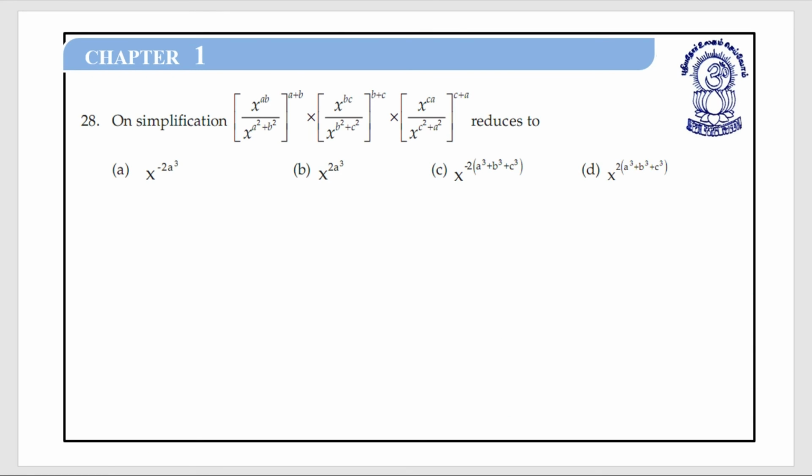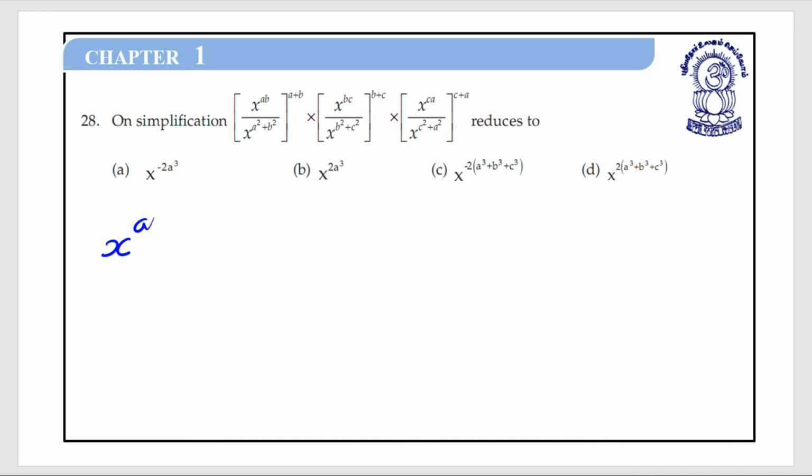Now question number 28 on simplification. So here we have to simplify it. x raised to ab upon x raised to a square plus b square, whole bracket a plus b, same way x raised to bc upon x raised to b square plus c square, b plus c, into x raised to ca upon x raised to c square plus a square, bracket complete c plus a. So here same way